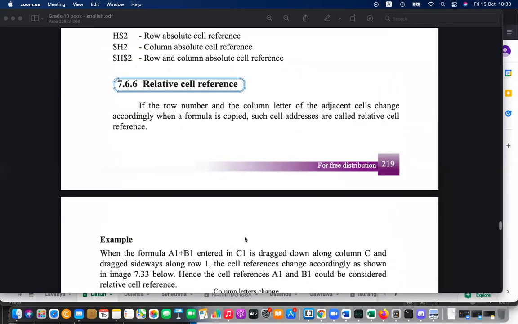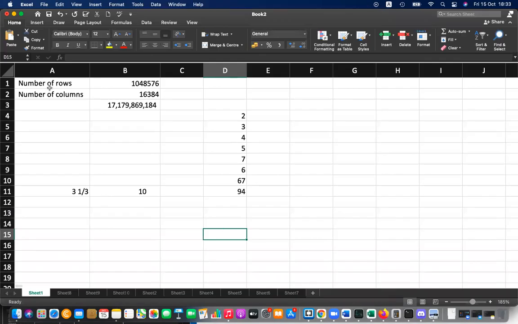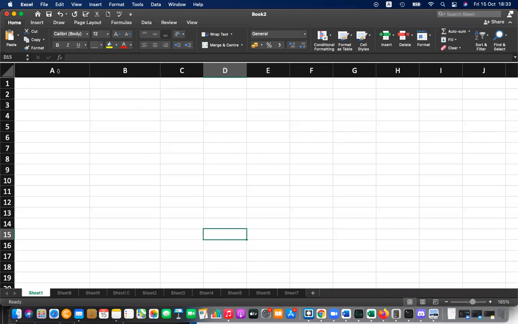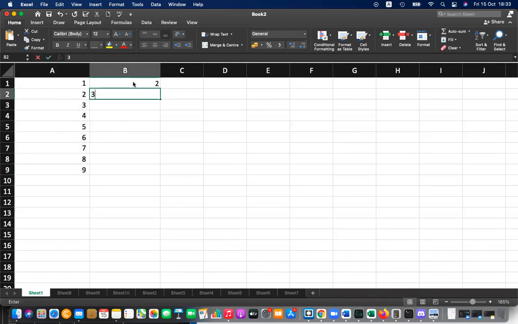And the third thing, absolute cell reference. Absolute cell reference can be done for the columns also. Let's do something like this. I'm having some numbers, let's say 1, 2, 3, 4. Here I'm having other numbers 2, 4, 6.